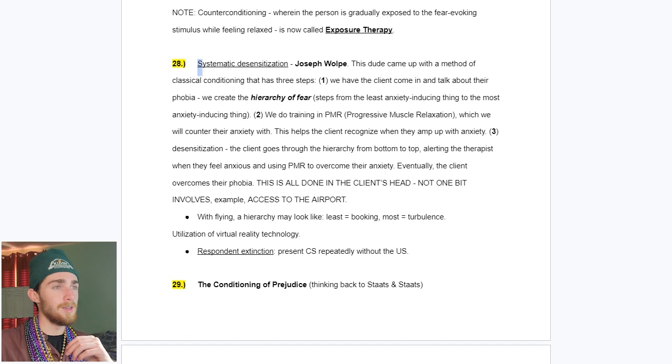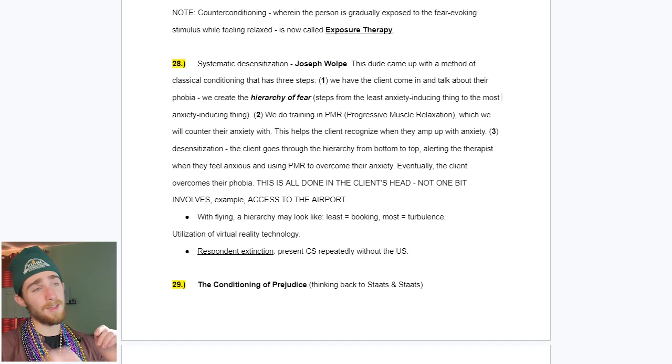Another application is systematic desensitization. This comes to us from Joseph Wolpe. Joseph came up with a method of classical conditioning that has 3 steps. First, we have the client come in and talk about their phobia. From this, we create a hierarchy of fear, which is steps from the least anxiety-inducing thing to the most anxiety-inducing